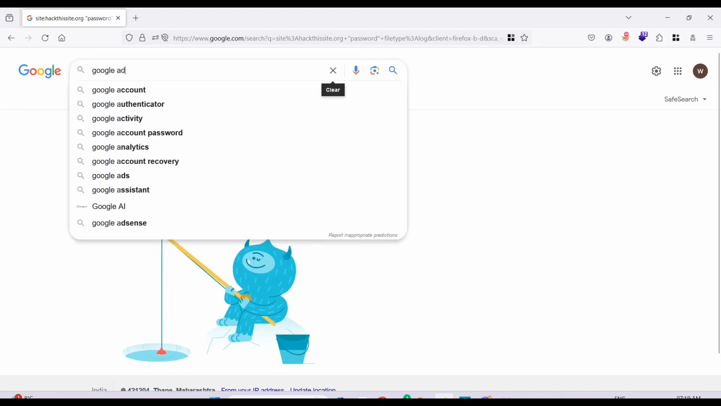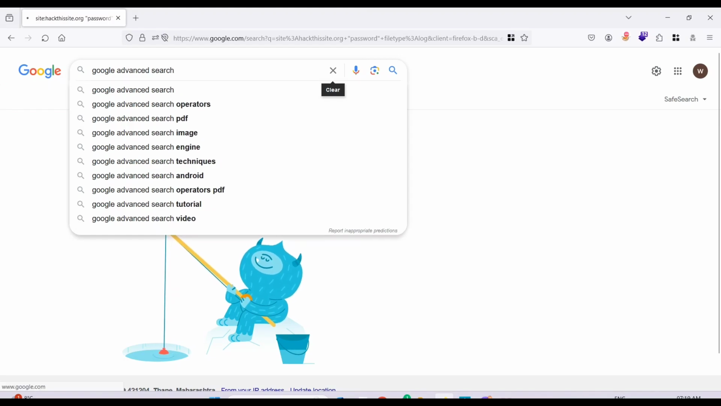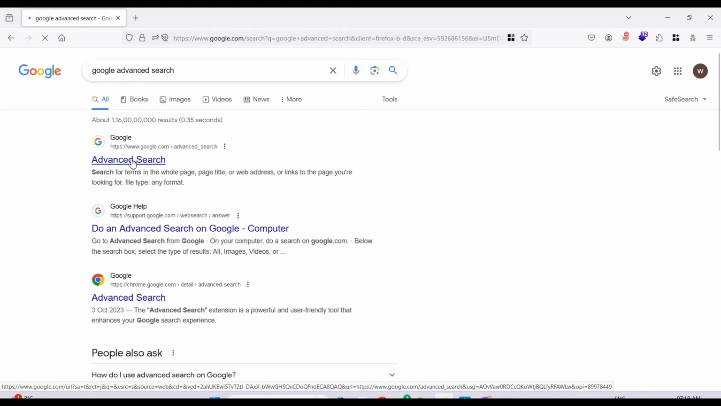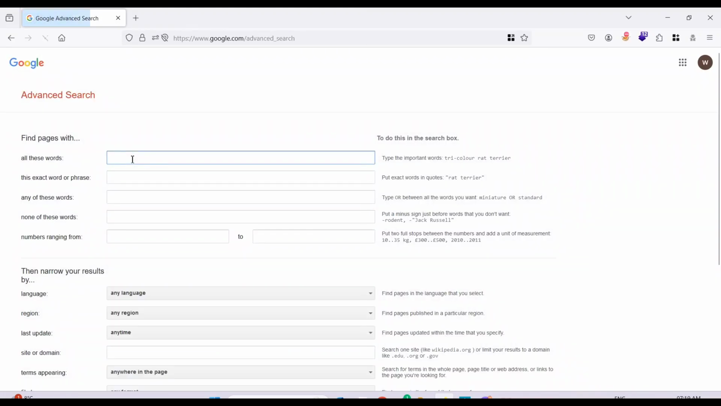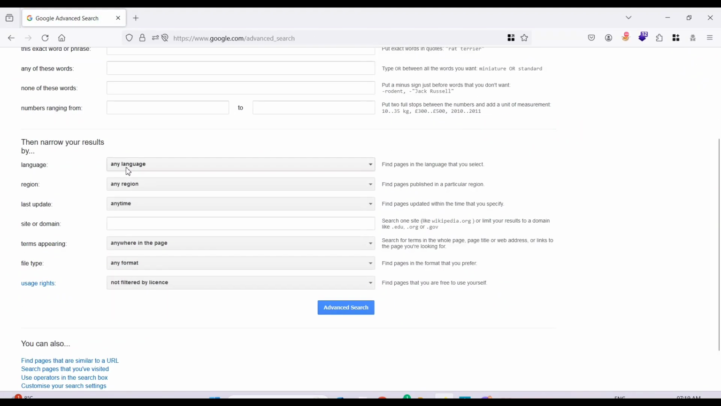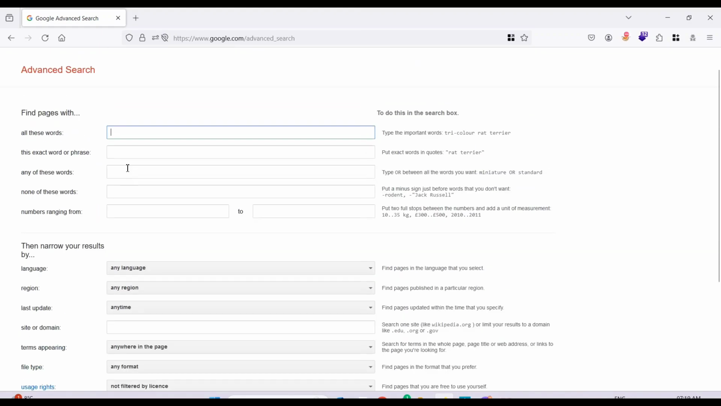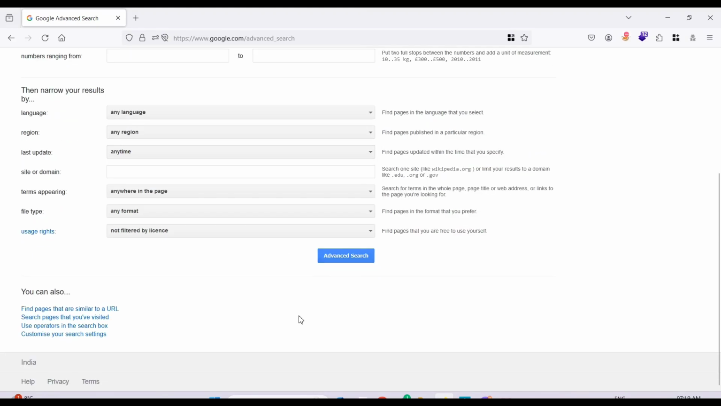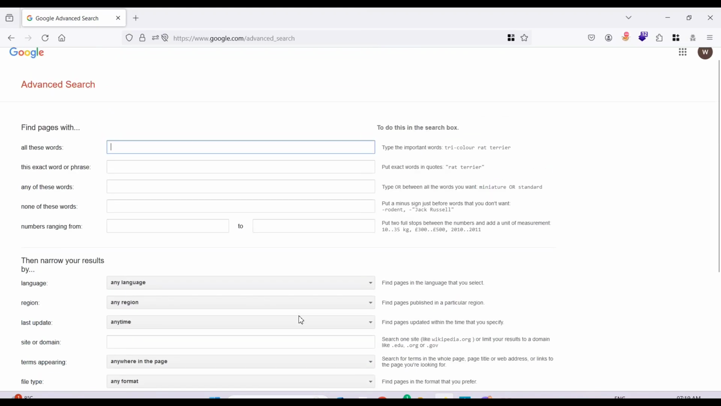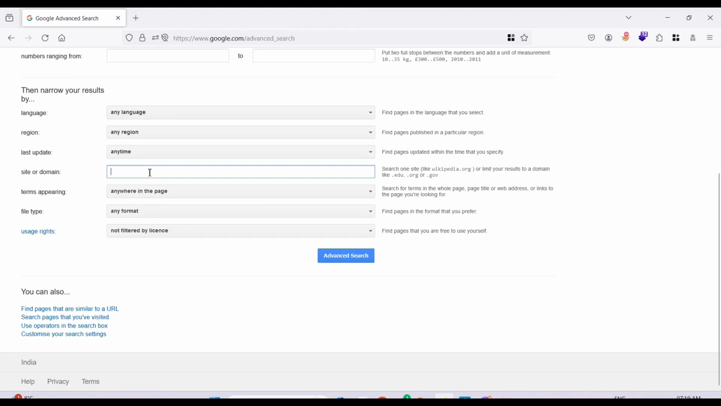Google Advanced Search. This is the website. Now you can see there are lots of input fields. You can put text according to your need, and by clicking on advanced search, it will generate a doc for you. Let's see how. Like I want the word password from site testfile.net,